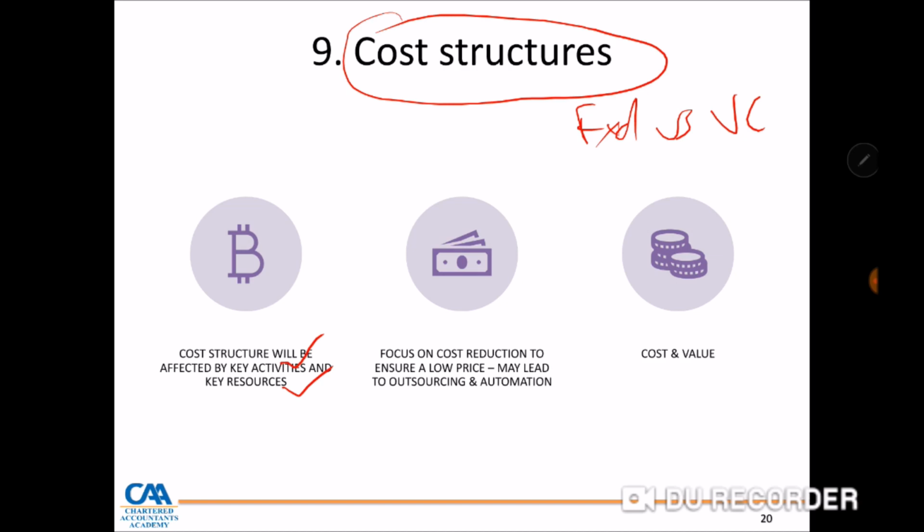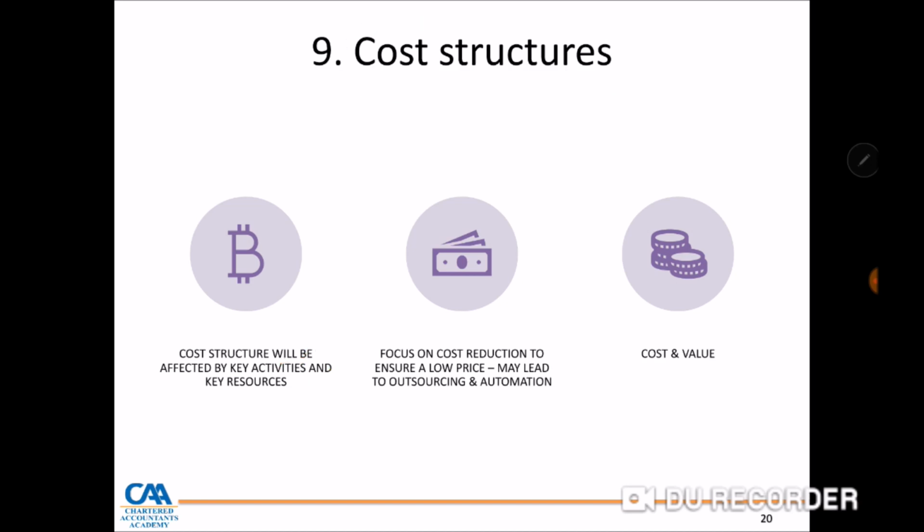So looking at all these 9 business building blocks, whenever you're interrogating a business, make sure you're able to answer the questions around the 9 building blocks. What are its cost structures? What are the business key partnerships? What are the business key activities? And from there, you'll be able, one, to understand the current position of the business, and going forward, you'll also be able to define and formulate its corporate strategy.